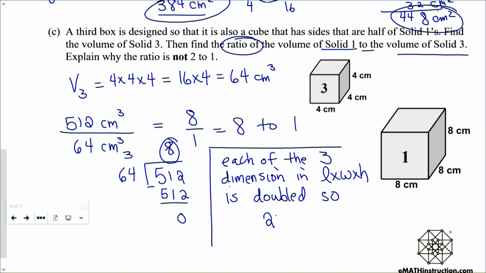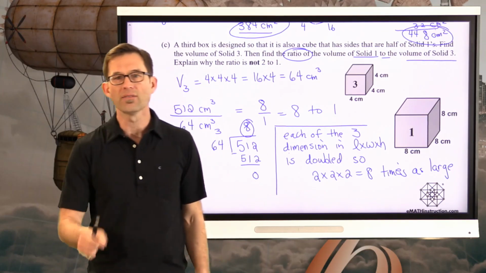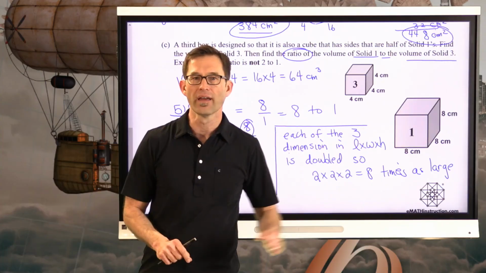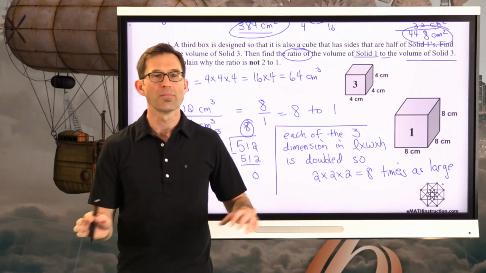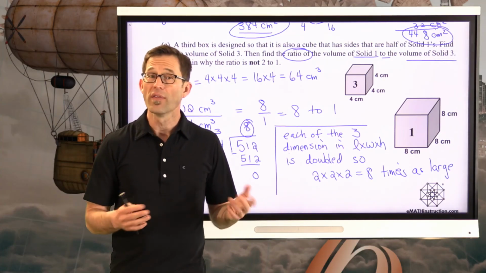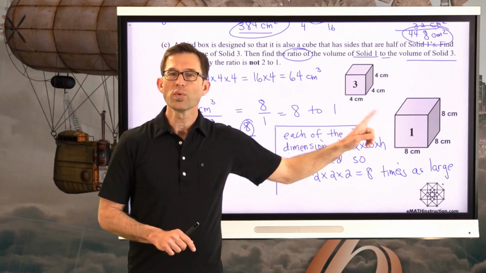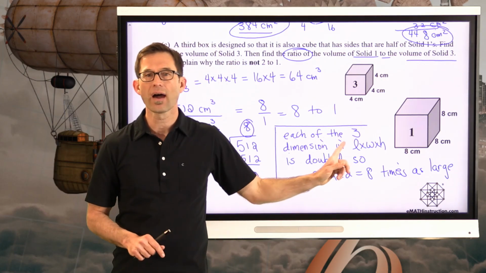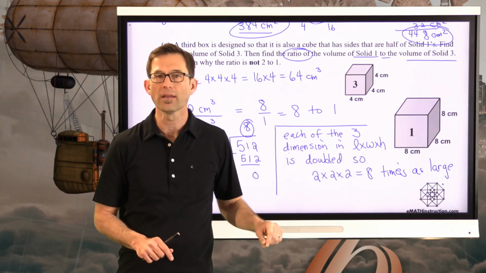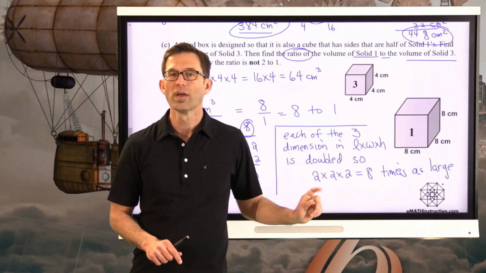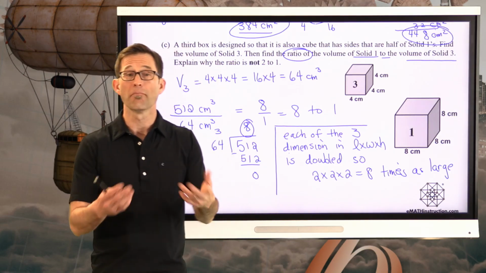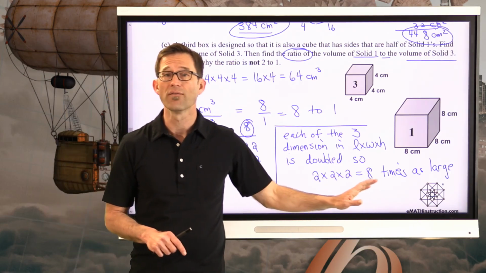So you really get 2 times 2 times 2, which is then 8 times as large. If we only doubled the width, but not the height and the length, or if we only doubled the height, but not the length and the width, then the volume would double. But because we've doubled each one of them, then in this calculation, length times width times height, since we've doubled, doubled, and doubled, each one of those doublings kind of compounds on each other, and you get a volume that's